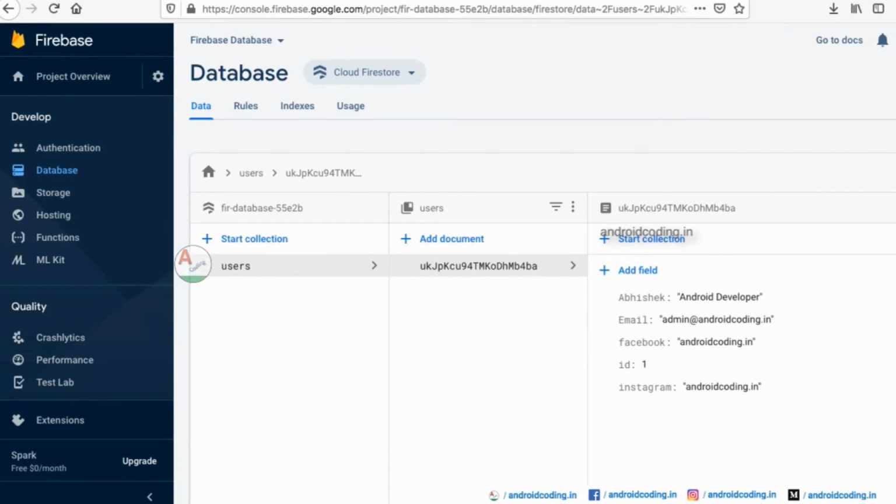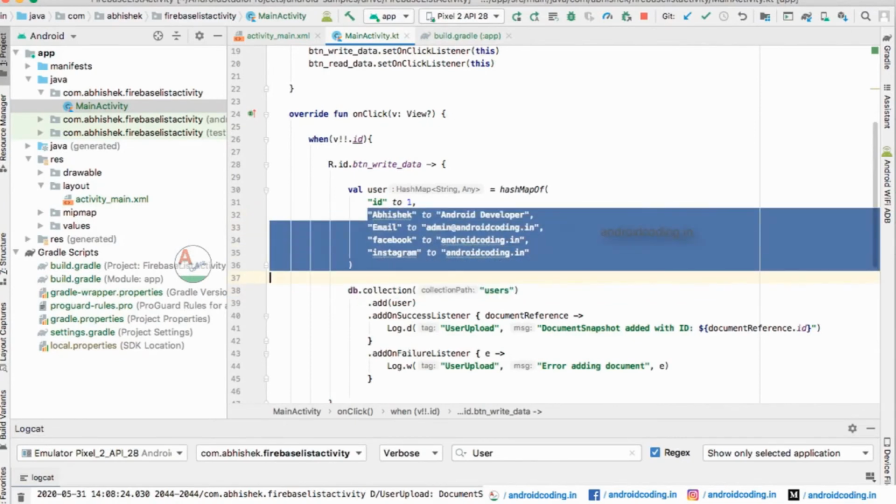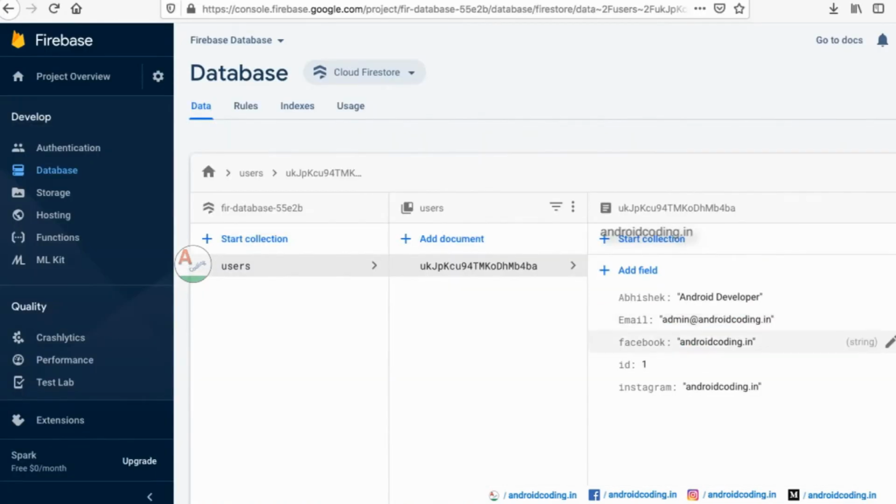We are not going to provide this, we have not provided it, and it has dynamically created this ID. Here are the fields which we provided, in alphabetical order, A is the first. In this form it is loaded, and you can edit and delete things if you want. Okay, so here is ID 1.